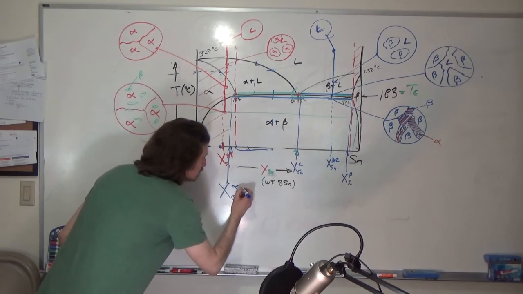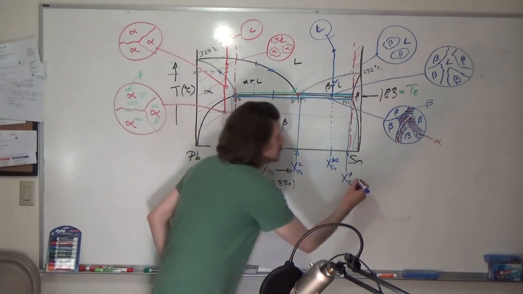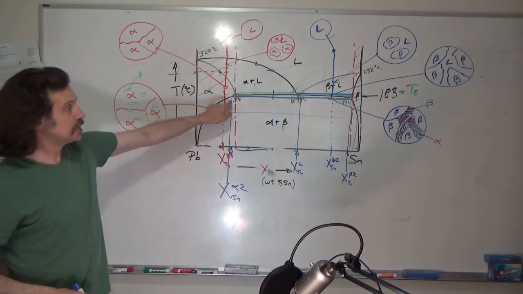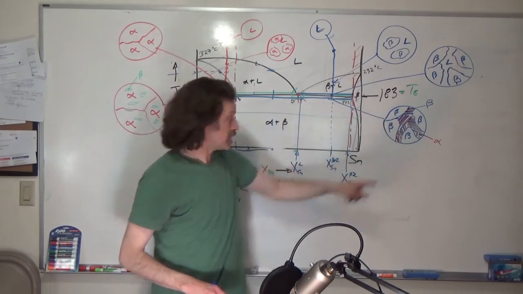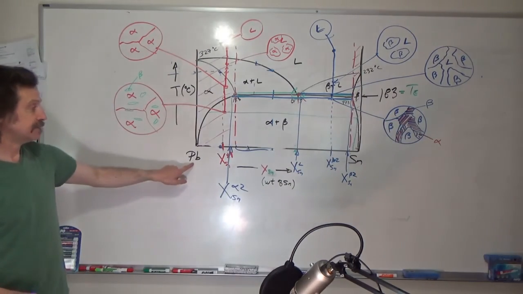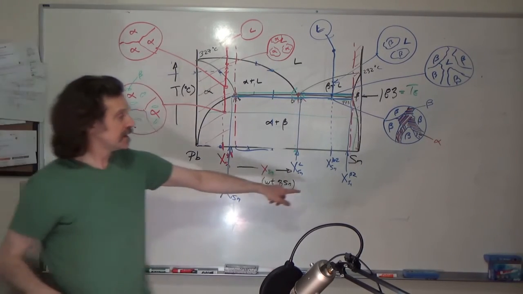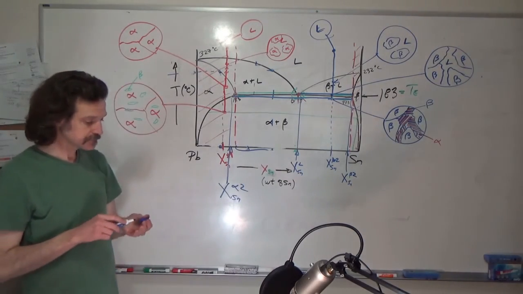XSN, let's call this alpha 2. We call this beta 2. So the alpha, the orange stripes here, those have a lead-rich composition. The beta is still tin-rich,